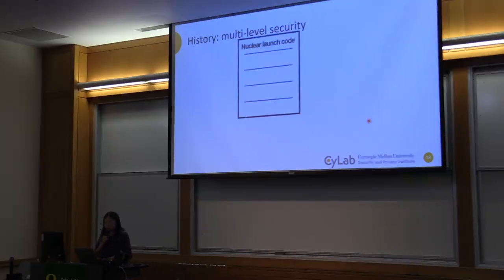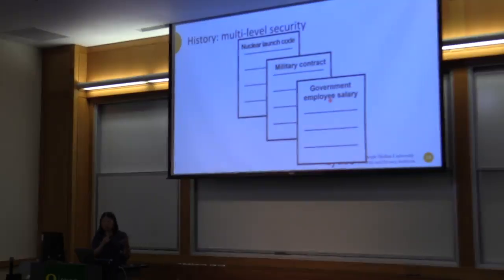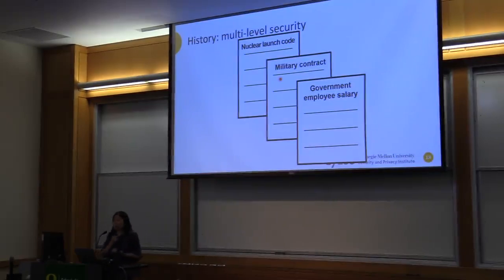In government, you have various documents that contain various different types of secrets of various different levels, right? So we have a government employee salary. This is considered, in the US, not everywhere else, public data. We should know how much the government employee is getting paid. This is taxpayer money in some sense. And then the military contract, it sounds like the general public shouldn't know, right? Because